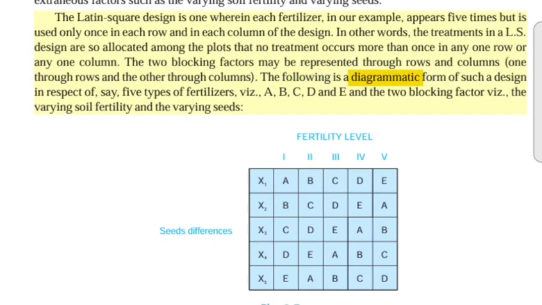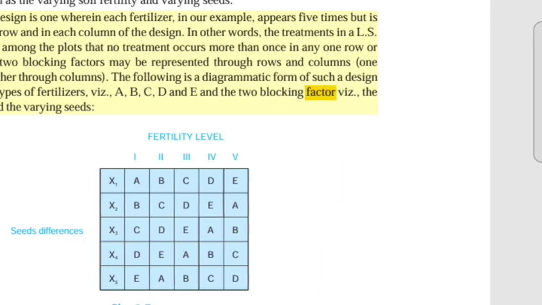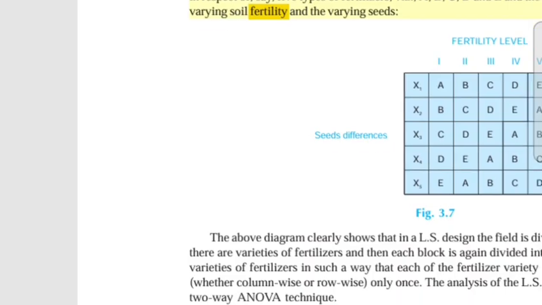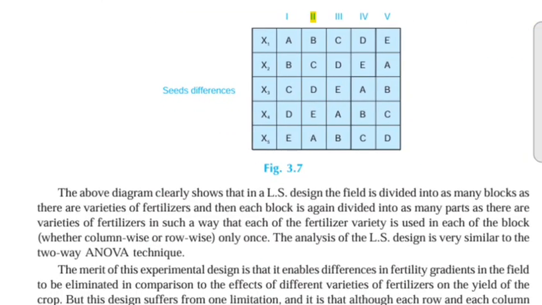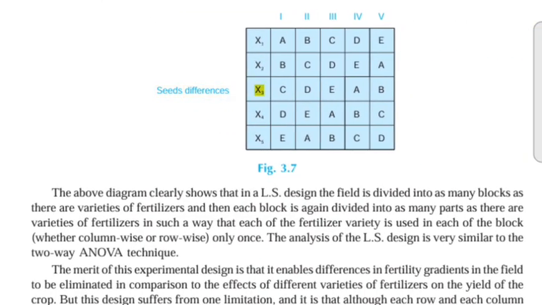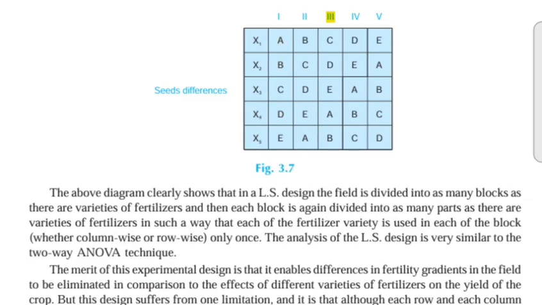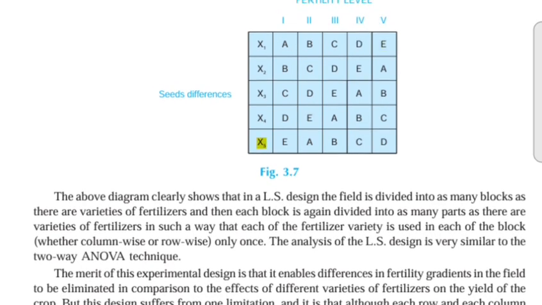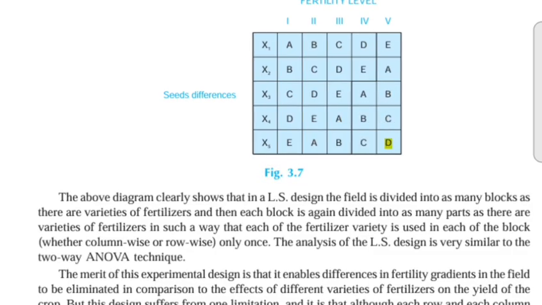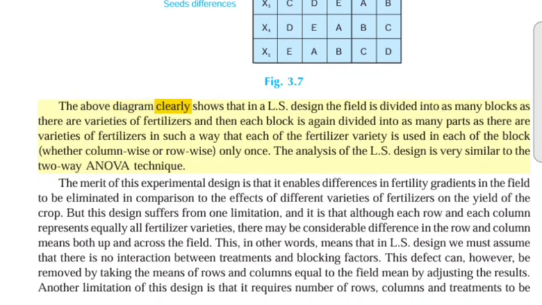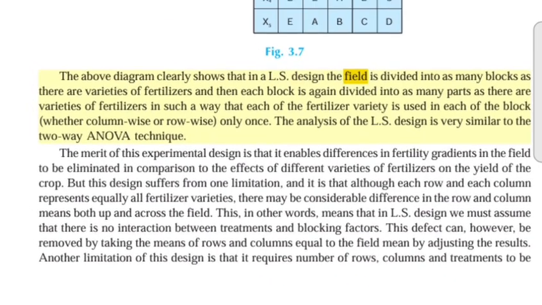The following is a diagrammatic form of such a design in respect of, say, 5 types of fertilizers, viz. A, B, C, D and E, and the 2 blocking factors, viz. the varying soil fertility and the varying seeds. Fig. 3.7. The above diagram clearly shows that in a LS design the field is divided into as